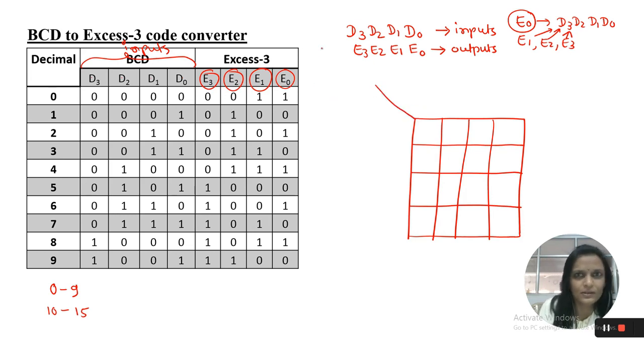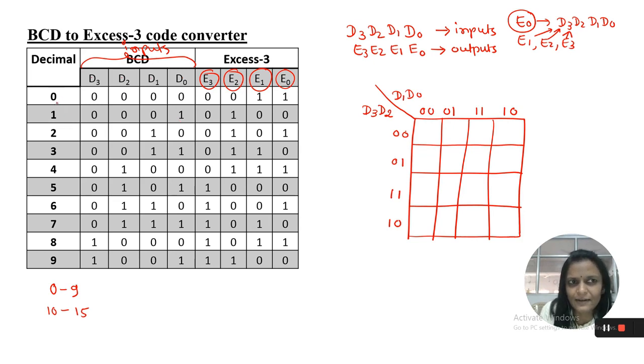There are 4 inputs, D3, D2, D1 and D0. D3 and D2 variables I am assigning to the rows of the K-map, and D1 and D0 variables I am assigning to the columns of the K-map. Let me write the binary equivalents 00, 01, 11 and 10. Similarly on the columns 00, 01, 11 and 10. According to these bit patterns, we can assign these variables.